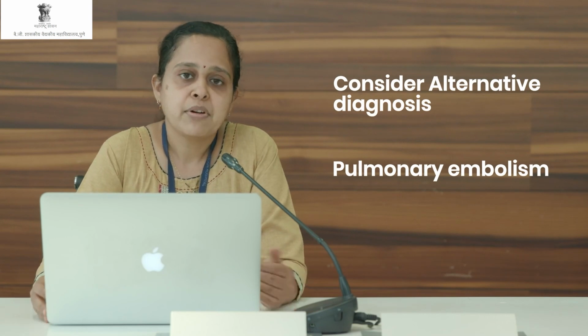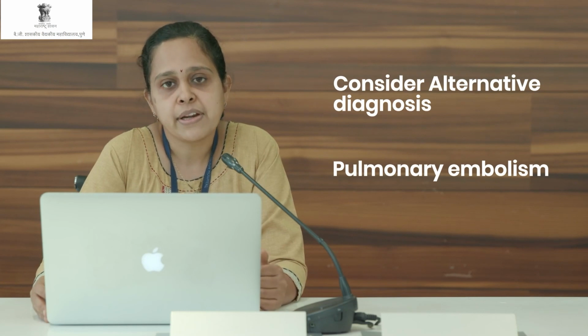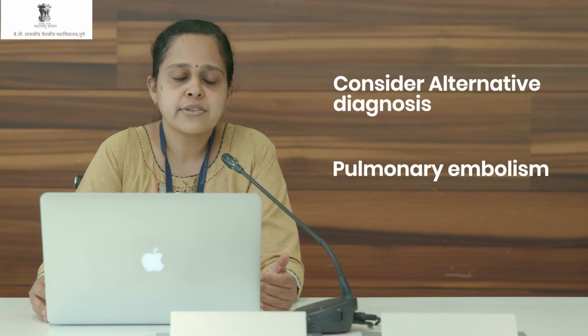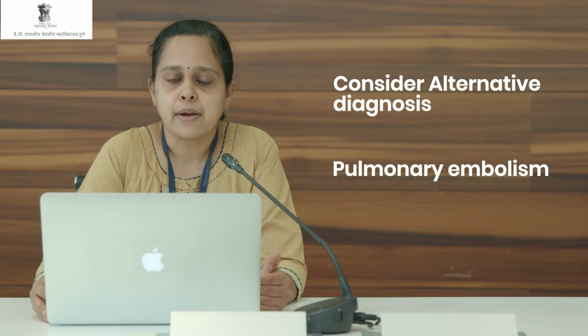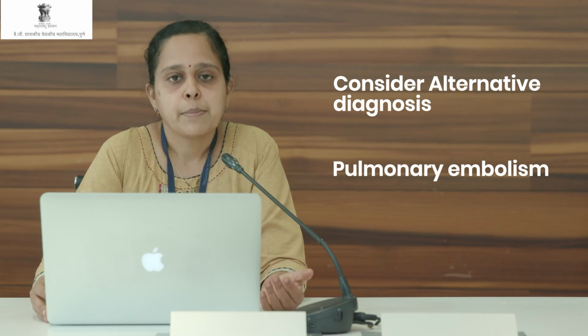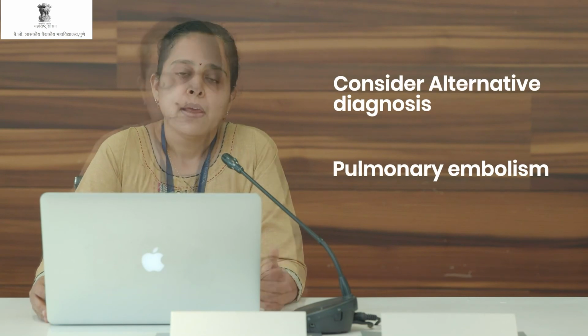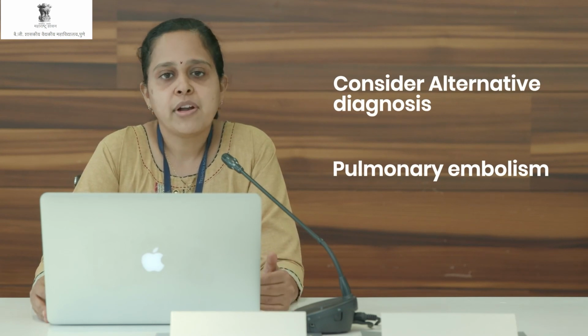Then last but not the least is the 2D echo, in which you can see a dilated right atrium and right ventricle so as to diagnose a pulmonary embolism clinically. And in such cases, a continuous infusion of heparin 1000 units per hour or increasing the doses of low molecular weight heparin can be carried out, and the oxygenation seems to improve drastically. So that is why it is recommended that one reconsiders the diagnosis if the patient is not improving in the